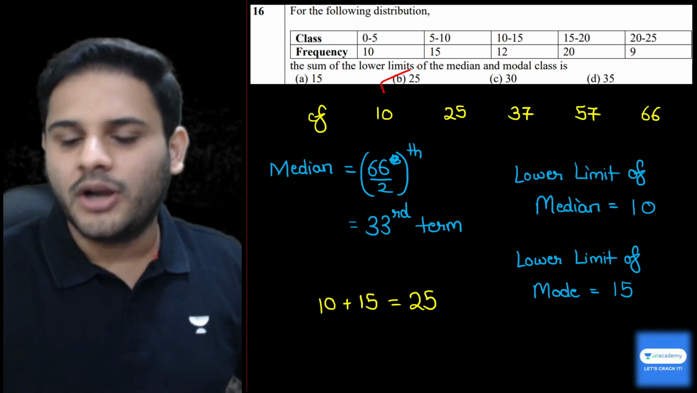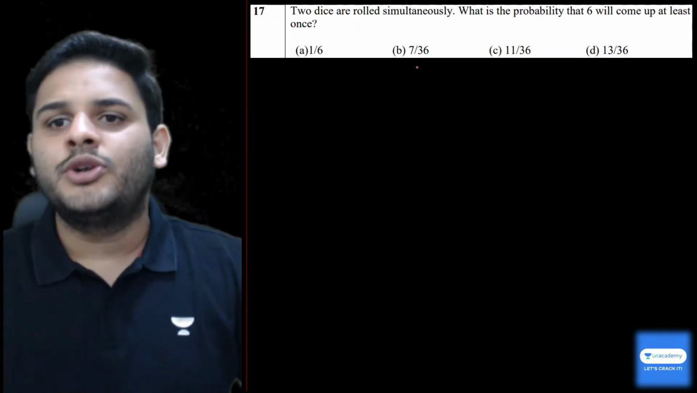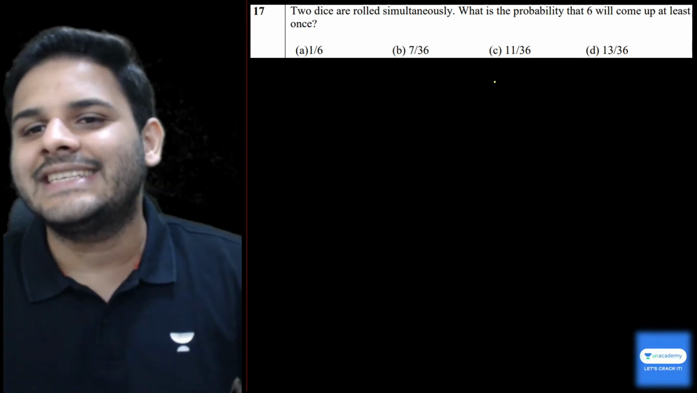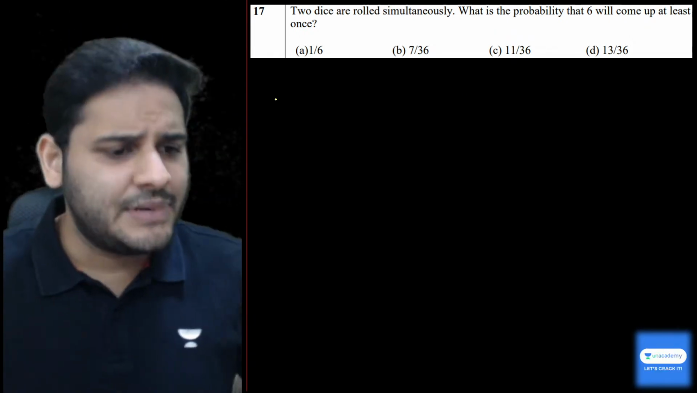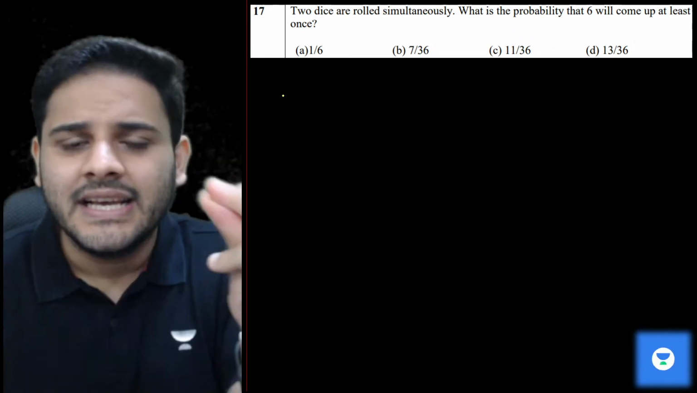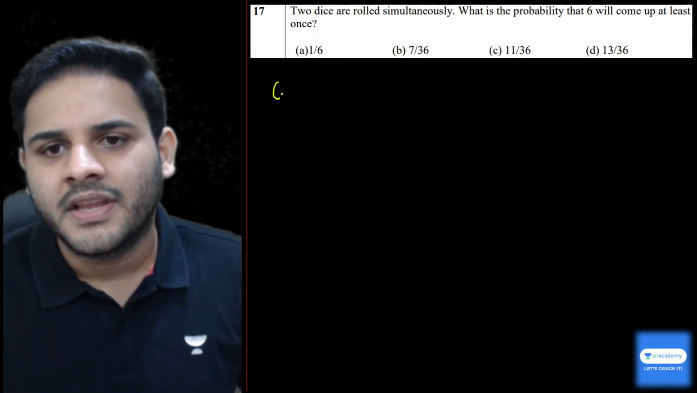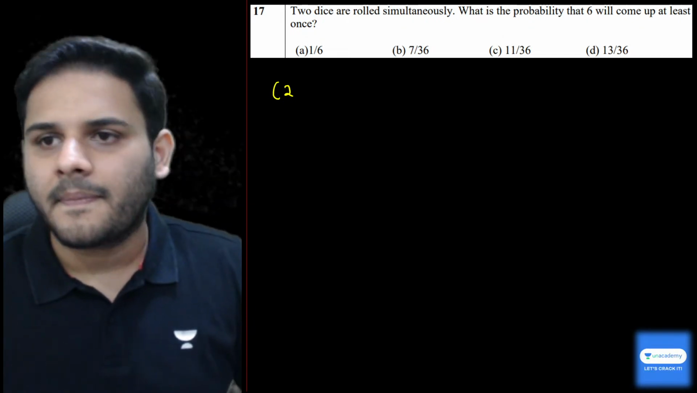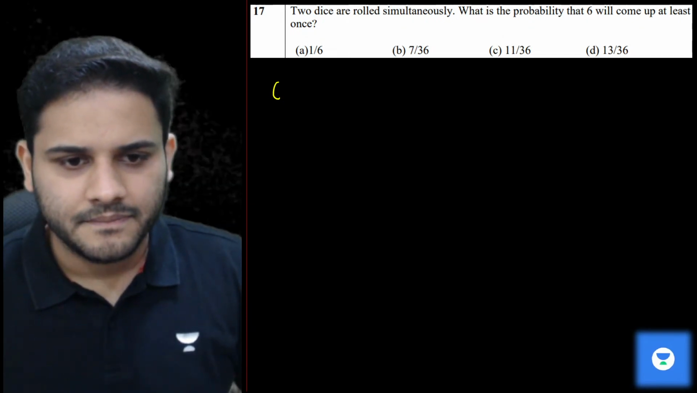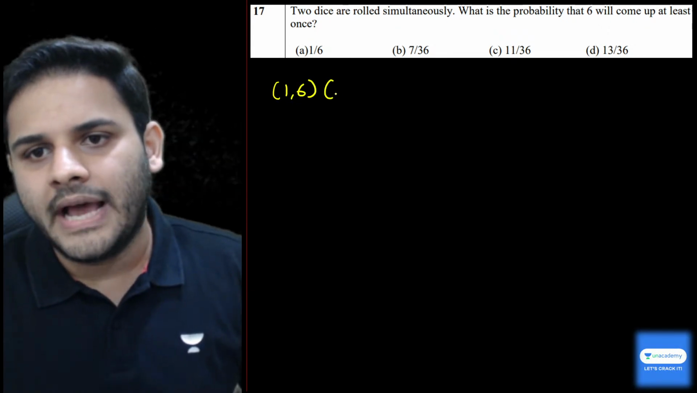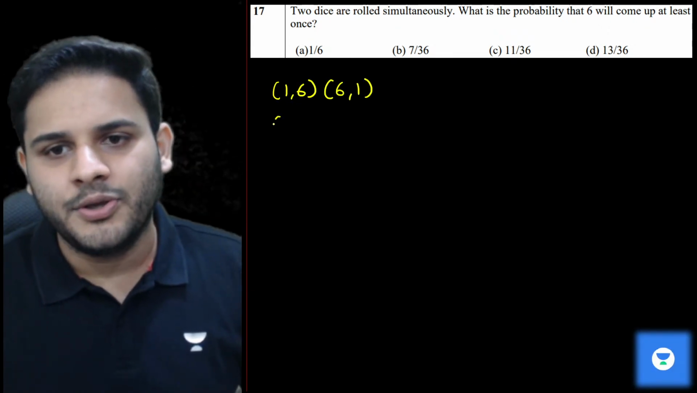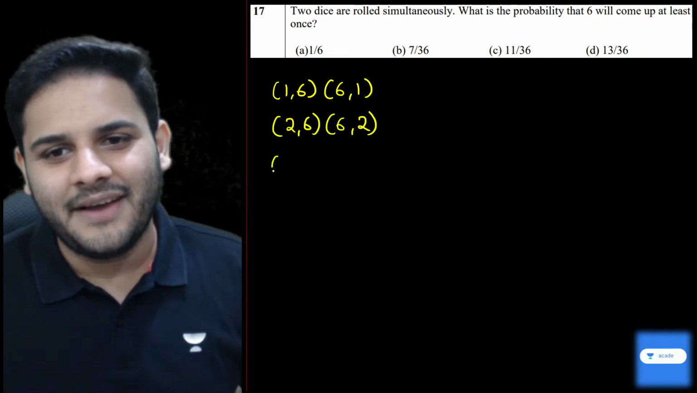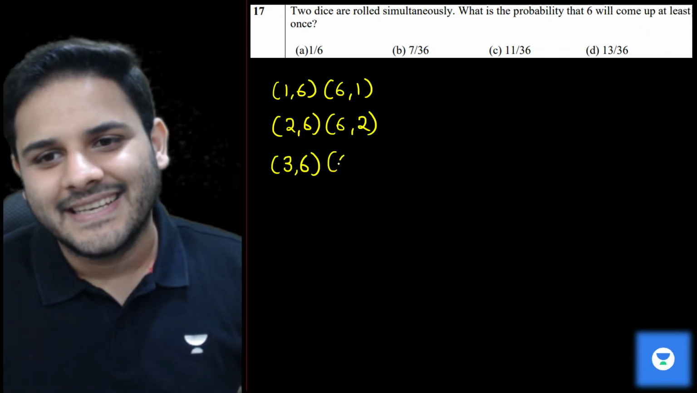Chalo. So we move on to question number 17 now. Two dice are rolled simultaneously. What is the probability that 6 will come up at least once? पहले तो आपने पूरी sample space लिखनी है. You have to write the whole sample space, and then what you have to do here is you will have 1,6. You will have 6,1. You will have 2,6. You will have 6,2. You will have 3,6, 6,3,